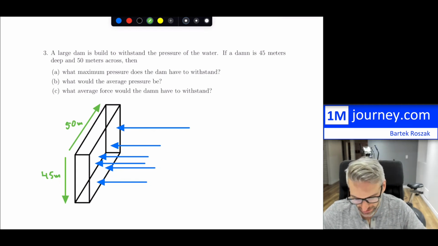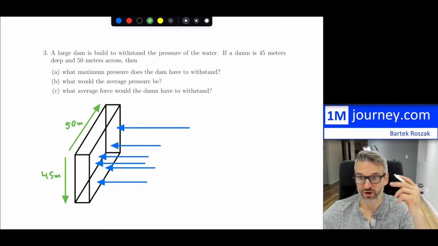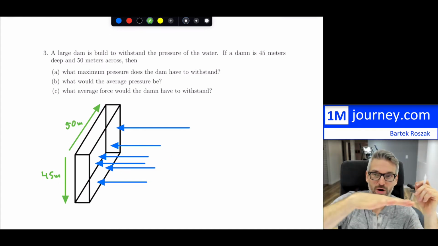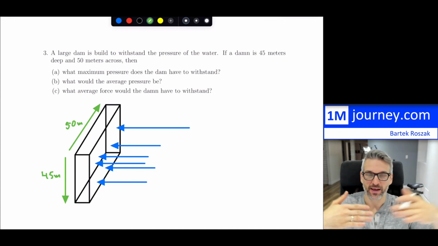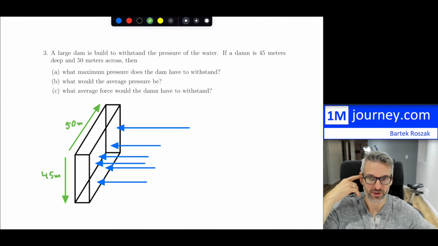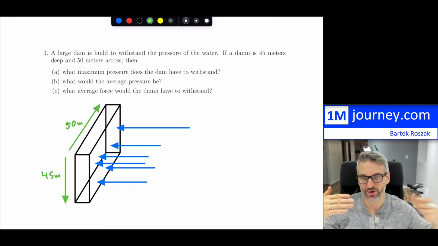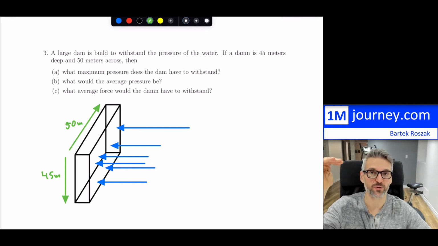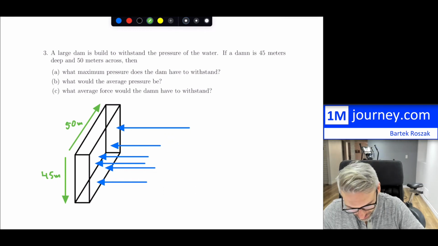Now, with regards to the pressure, we don't really care so much about how long it is. Of course, because it's a dam, the width of the dam has to withstand all the water, otherwise it's going to flow around it. That is fine for thinking about the dam blocking this water. But in terms of pressure, this is all just pressure in a fluid with regards to the depth. So the maximum pressure is going to occur